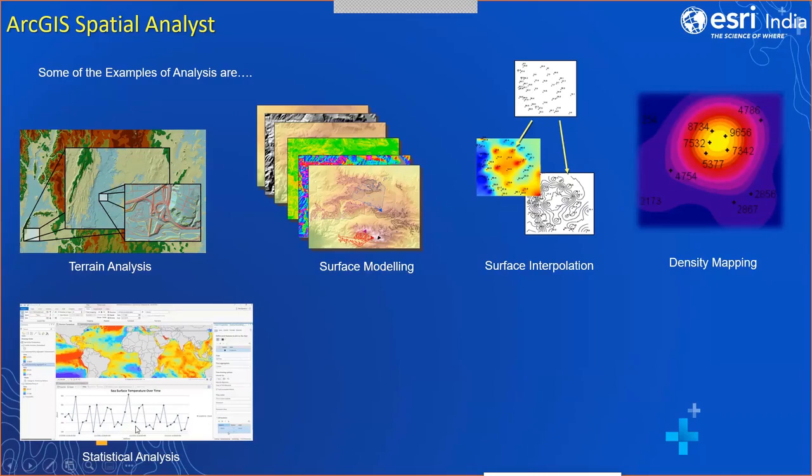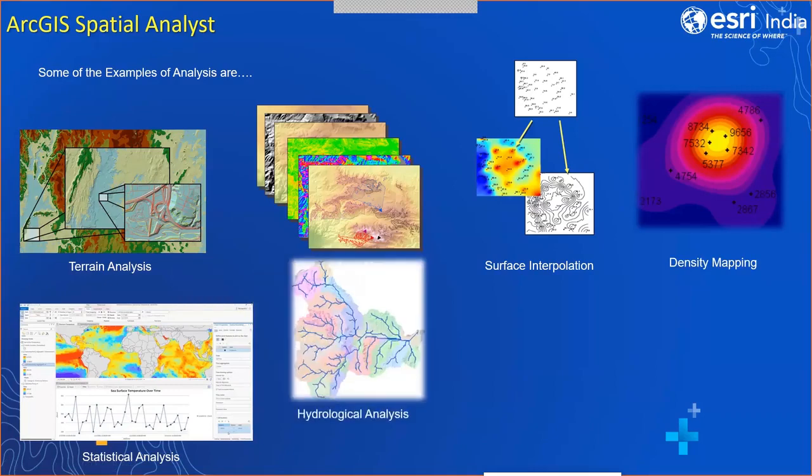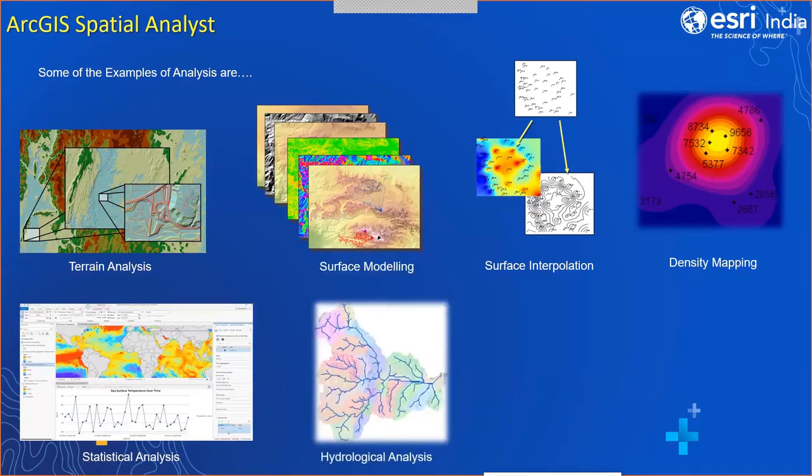across the place. And then we even have hydrology tools. So as I have explained, we have the hydrology toolset, where we can get watershed modeling, flow direction, flow analysis, and all those tools. So they all are bundled together into a single toolset in the hydrology.